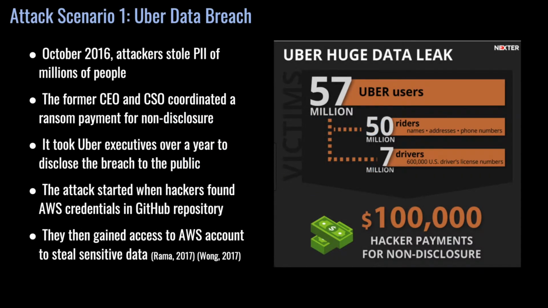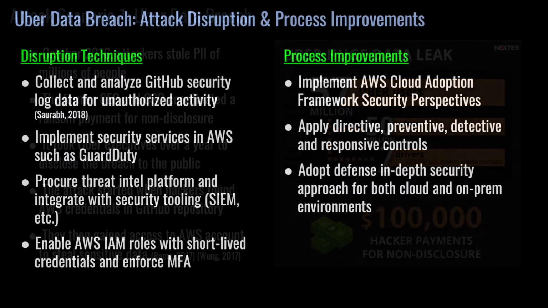Now that we have some general context around cyber threats to our company, let's look at some more specific attack scenarios that could affect Intuit. The Uber data breach involved the theft of PII data for millions of people. It was caused in part by poor security practices around third-party providers and inadequate prevention and detection controls. This is a case where CTI could have helped the security team determine that adversaries were targeting GitHub code repositories.